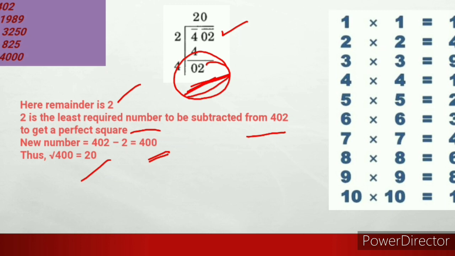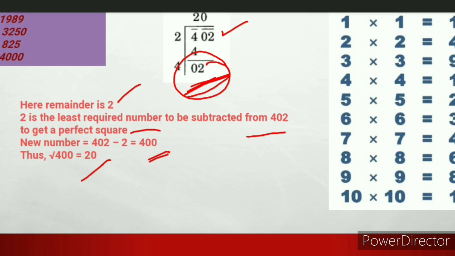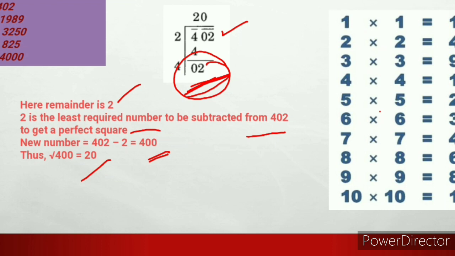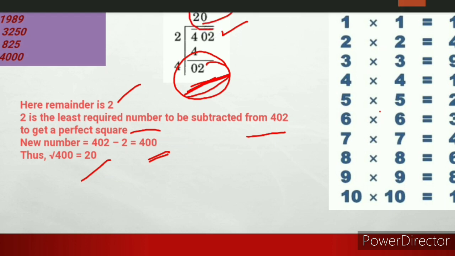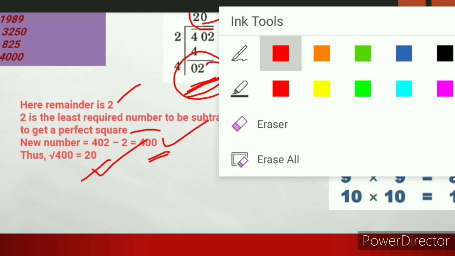Understand? Same, finding the quotient and remainder. For that you should use only the square table, don't use the multiplication table. For a non-perfect square you will get a remainder other than 0. That remainder you should subtract from the given number. You will get the perfect square and the square root. Don't find the square root separately. The quotient is the square root. Whatever quotient you are getting, that is the square root. If you subtract the remainder from the given number, you will get the perfect square.